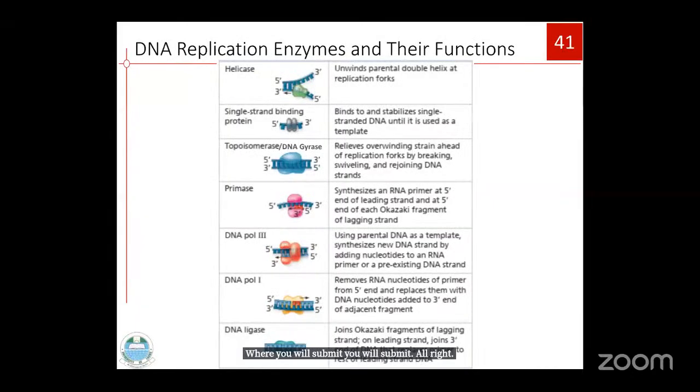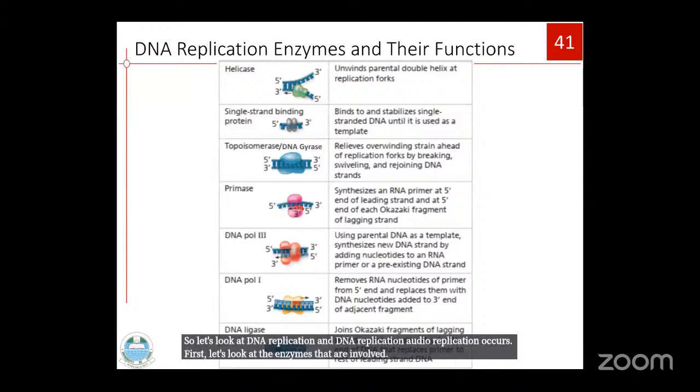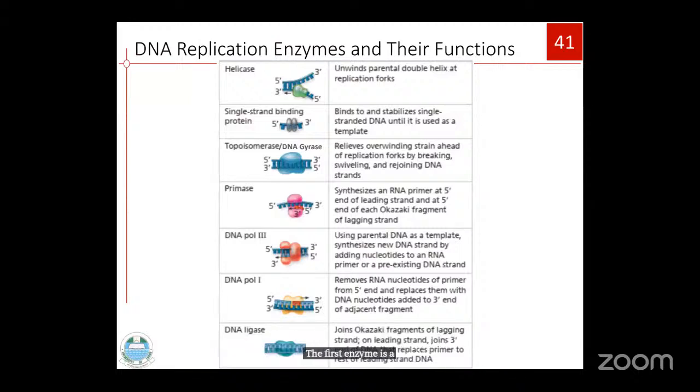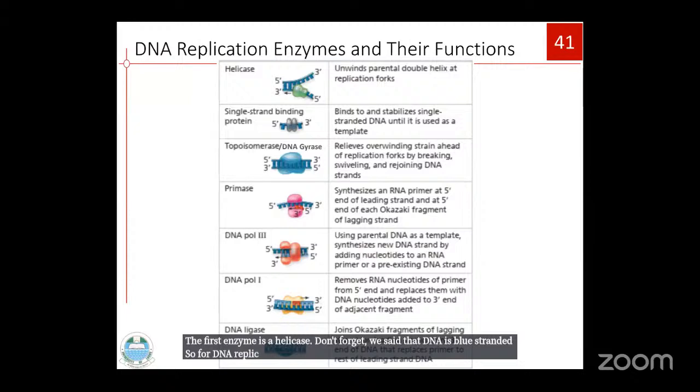So let's look at DNA replication and how it occurs. First, let's look at the enzymes that are involved. The first enzyme is helicase. Don't forget we said that DNA is double-stranded. So for DNA replication to take place, the DNA